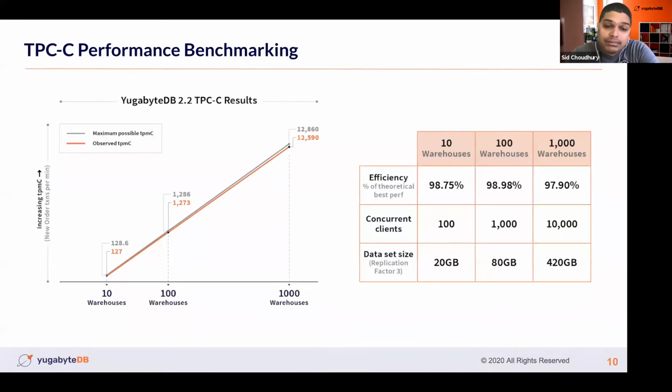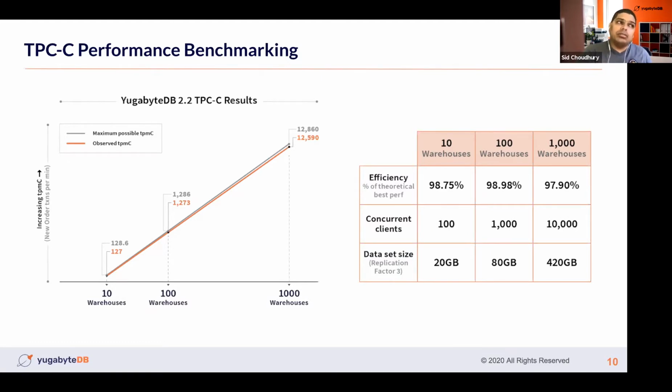Now, is the job done? No, it is not done. 97.9, which is essentially 98% for 1,000 warehouses, is a great point. We want to get as close as possible to 100 on all these, and we are also working towards the official benchmarks for 10,000 and 100,000 warehouses. And that obviously means larger clusters, more concurrent clients, and yeah, this sort of showcases that as an app developer,